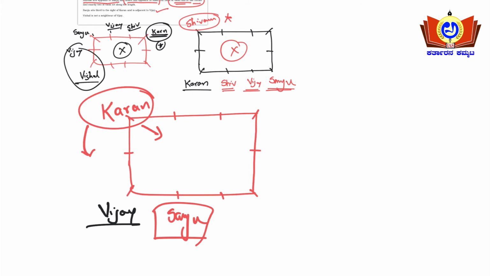Okay, Shiv, Vijay are in the same row means either Shiv can be here or else Shiv can be here. Okay, just for reference sake I'll write Shiv here now. Shiv and Vijay are in the same row. So Vishal and Karan are at the corner. Okay, Vishal and Karan are at this corner but not in the same row. Okay, so if at all Karan is at the corner here and Vijay is at corner here, and therefore Vishal shall be here,